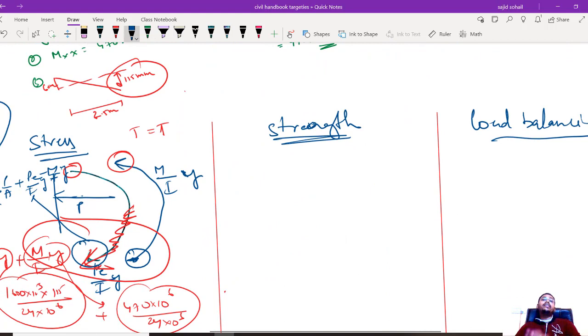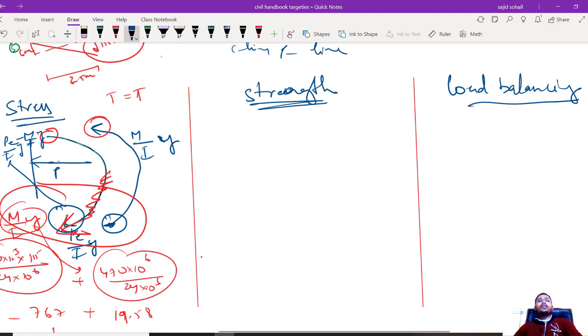So next method is strength concept or C line or P line concept. In this, there won't be this much big formula. The formula is very much fixed. So what is that formula? P by A plus, if you want top fiber, that will be P e2 by I into Y. That's it. There won't be any need of moment consideration also. Wait, this e2 is eccentricity of your P line from neutral axis.